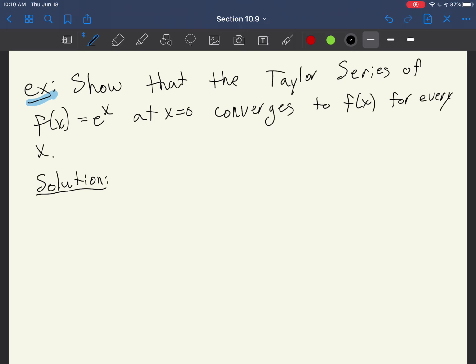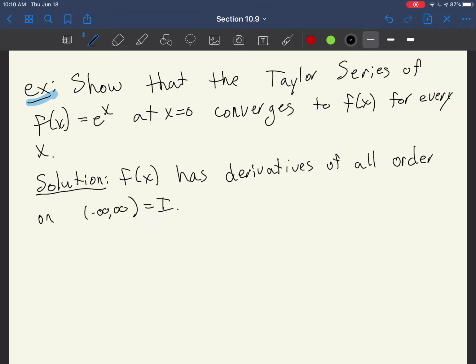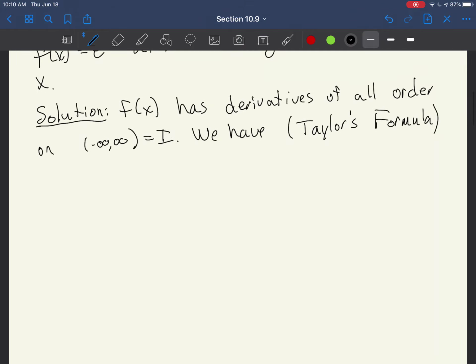So we could use the ratio test. Set up the ratio, take the limit, see that hopefully the limit will go to 0 no matter what x we pick. Or we can use Taylor's formula. So to use Taylor's formula, you would say f of x has derivatives of all order on the open interval negative infinity to infinity, so over the whole real line. So we have, by Taylor's formula,